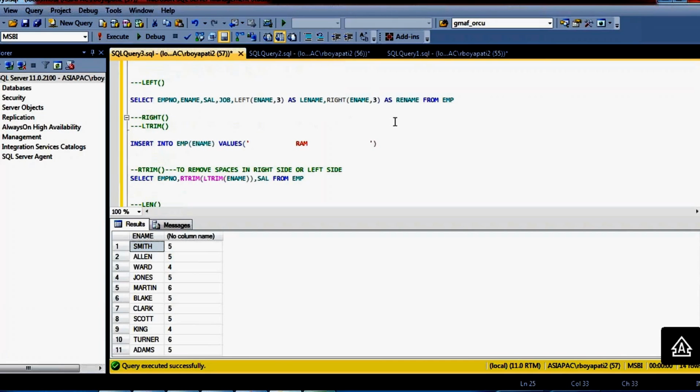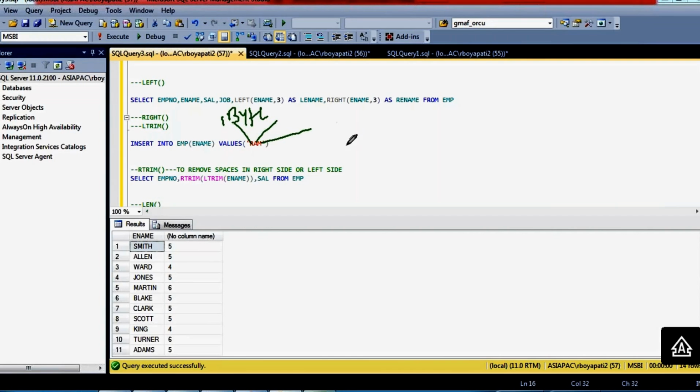Actually, when you are inserting this name, how many bytes of space is it using? 3 bytes. Each character is 1 byte. Total 3 characters, 3 bytes of space it is using.